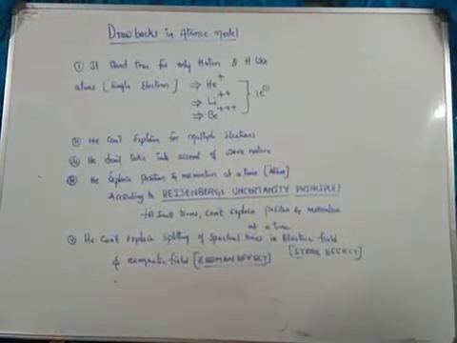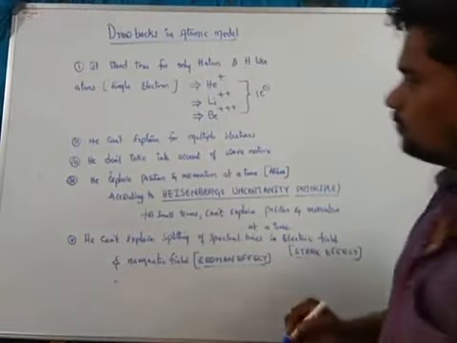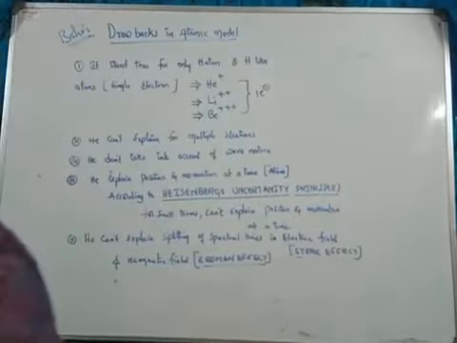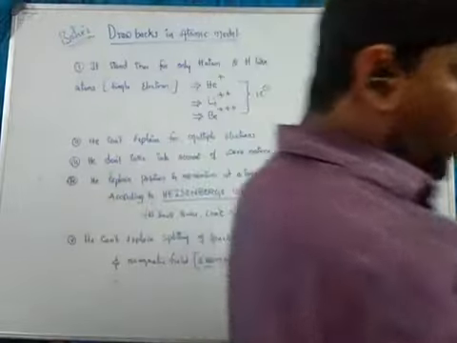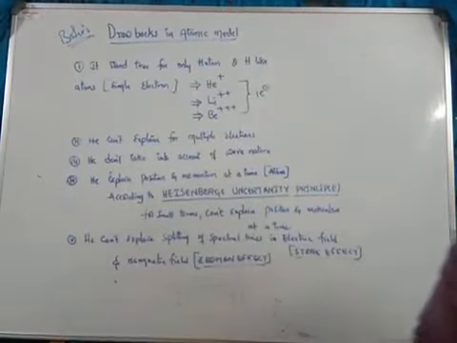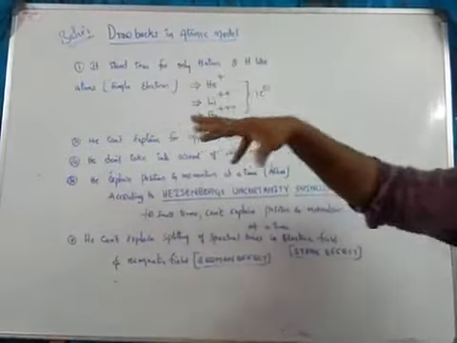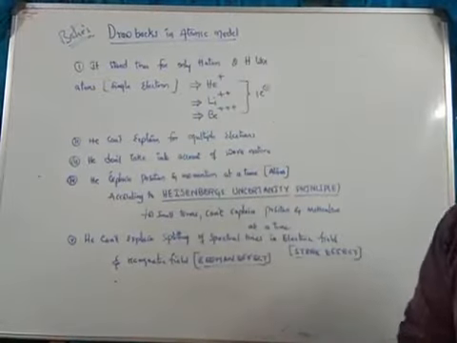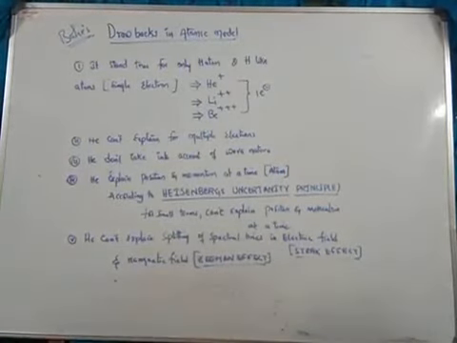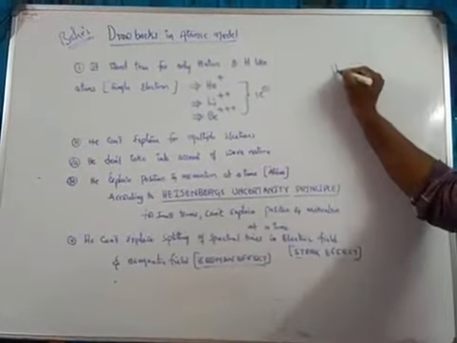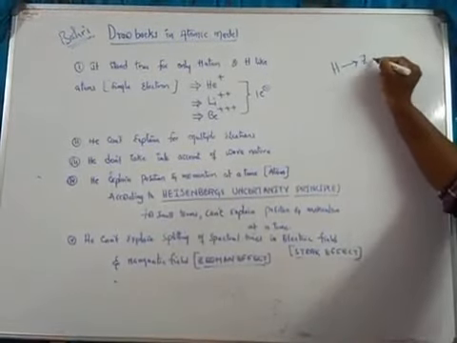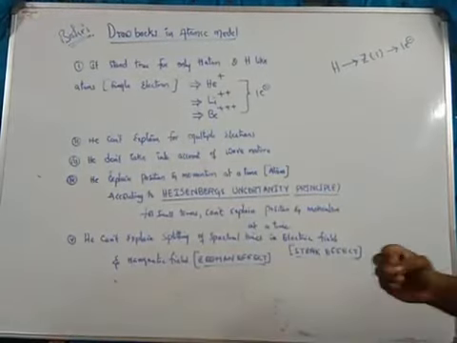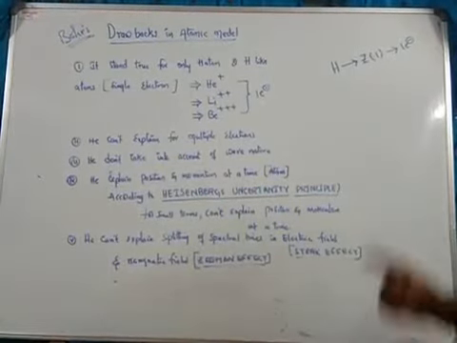So, Bohr's drawbacks in the atomic model. Generally we consider examples like hydrogen. Whatever concept we have explained till now only stands true for the H atom, that's a hydrogen atom or hydrogen-like atom. Hydrogen has atomic number 1 and has 1 electron. So whatever we explained till now is good for a single electron.